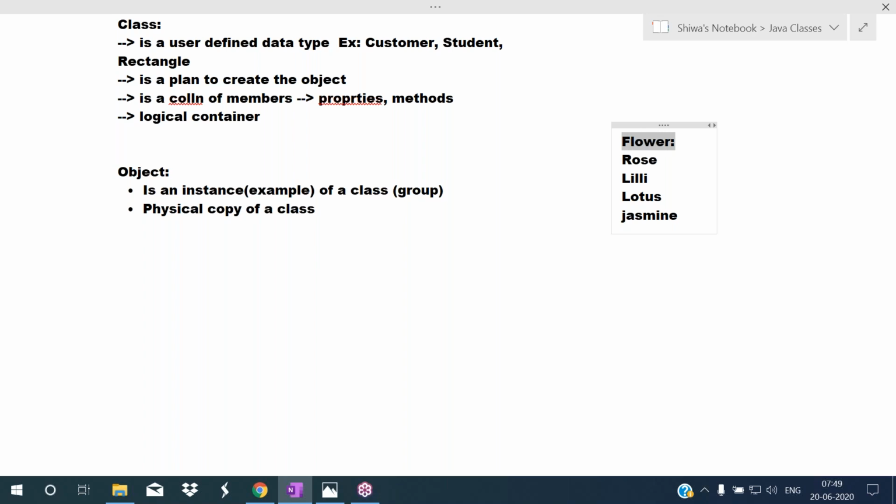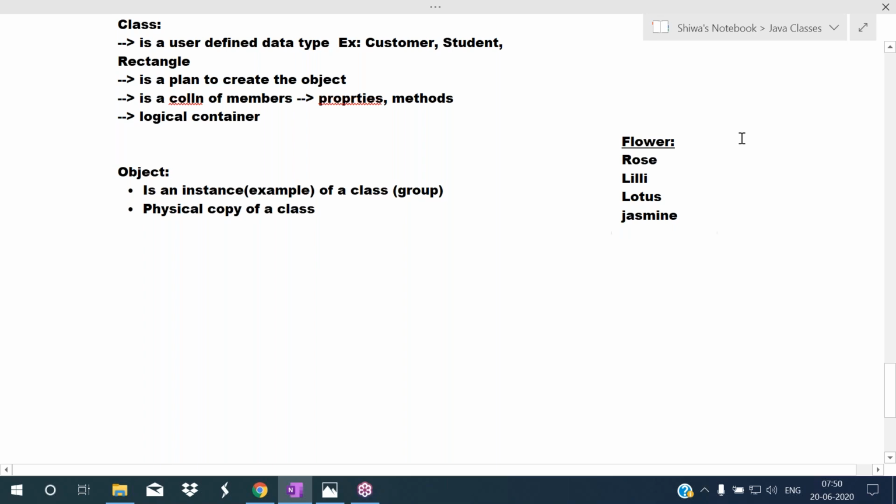Flower is the concept; it is not physically existing. Whereas rose, lily, lotus, jasmine are physically existing. Physically existing is called an object. These are examples of the particular group flower.